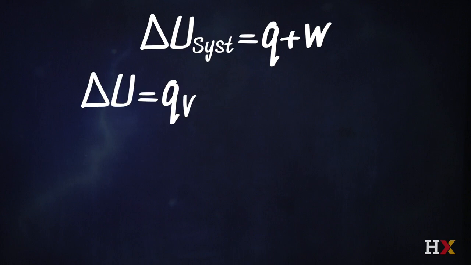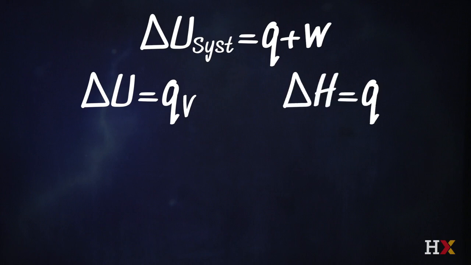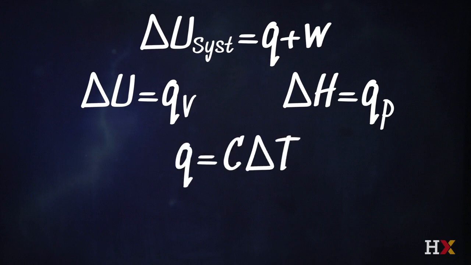from a chemical reaction at constant volume, and that delta H, the change in enthalpy in a chemical reaction, is the heat released at constant pressure. We also know that we can measure heat entering a system if we know the heat capacity C and the change in temperature. But we also have another extremely important relationship for U, and that is that the thermal energy